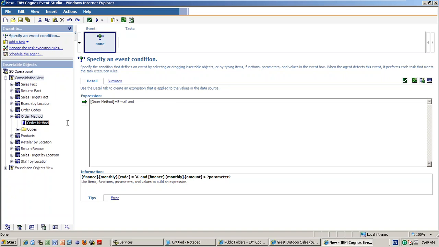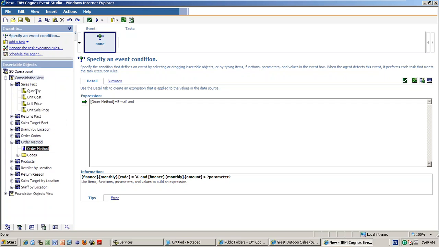Now what I am checking is, through the email order method, whether any sales order quantity is greater than 100 or something, or less than, or greater than anything. Normally the target for each customer is 8,000. Most customers will do maybe 3,000 to 5,000 for a month, say for example.